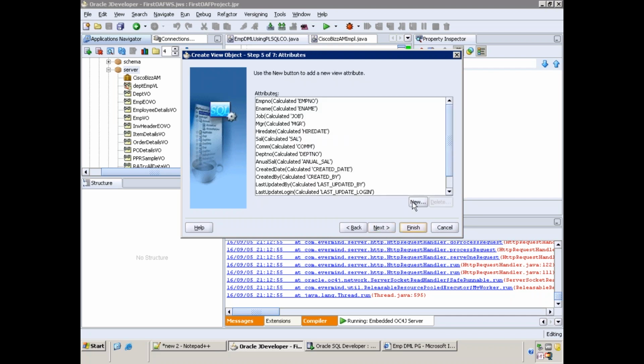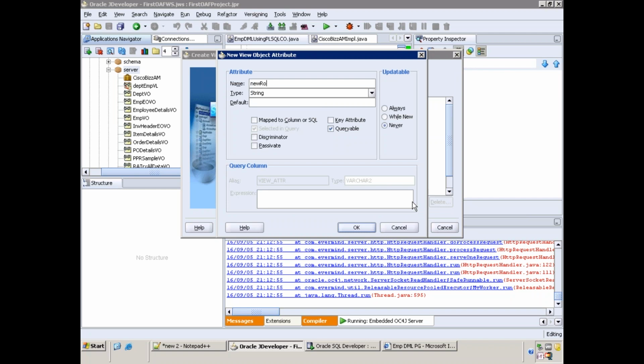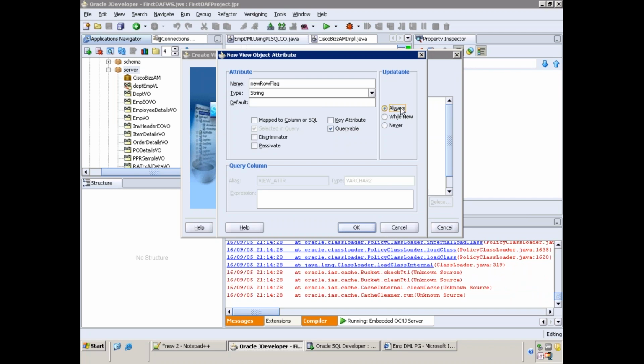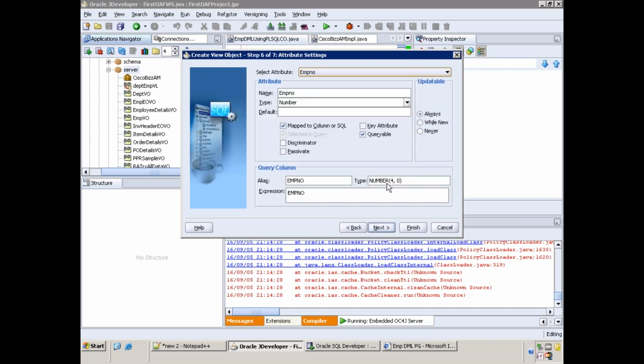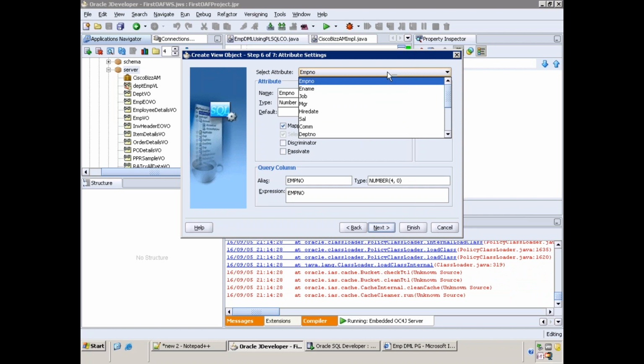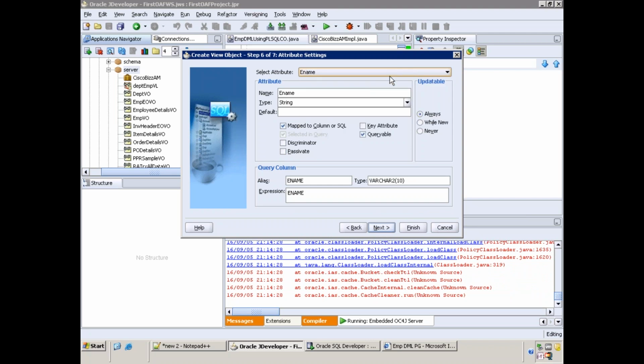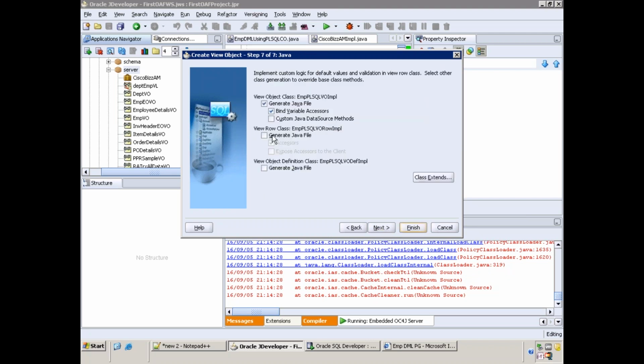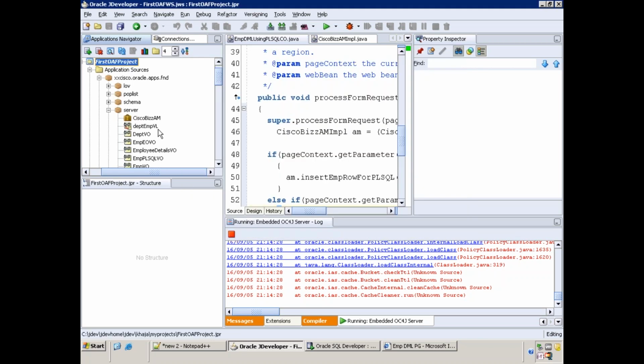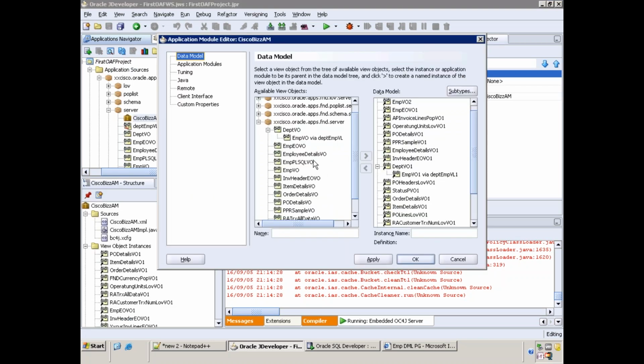So here I'll just create one more flag also, new row flag. Next. So here select each and every parameter and set them as updatable always. Next. Generate the row impl also. Finish.